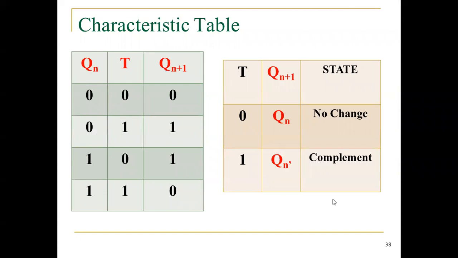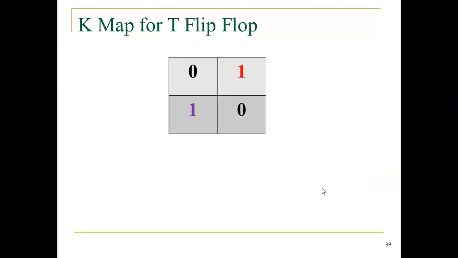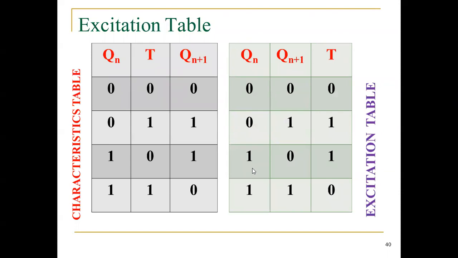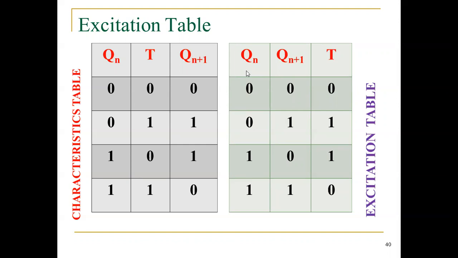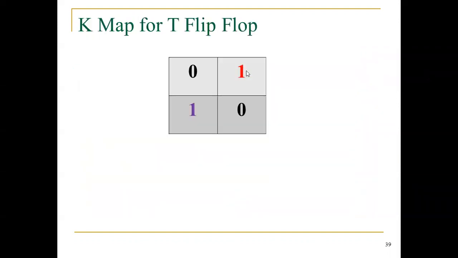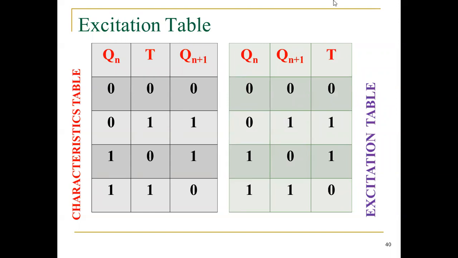So whenever my T input is equal to 0, what will happen? And when T input is equal to 1, what will happen? That is the thing. Operation table and excitation tables are given. Based upon the Karnaugh map reduction, we can derive the equations for the JK flip flop based toggle flip flop. So with this, I am completing the JK flip flop operation, T flip flop and D flip flop. How we can convert the JK flip flop into toggle flip flop.